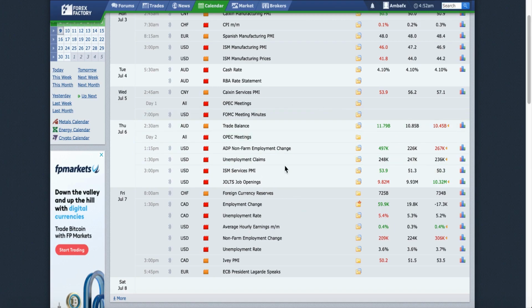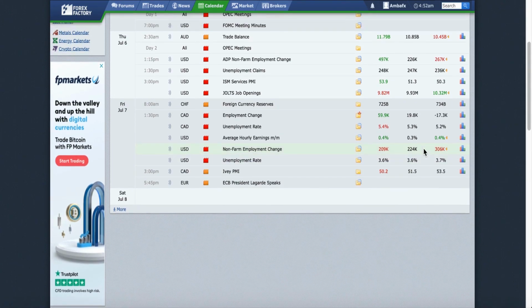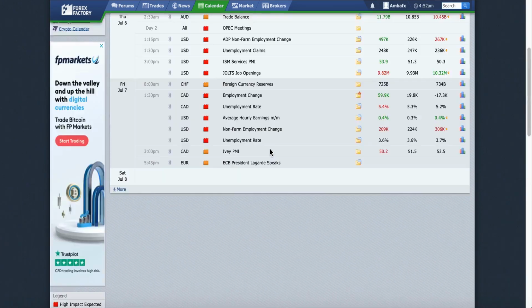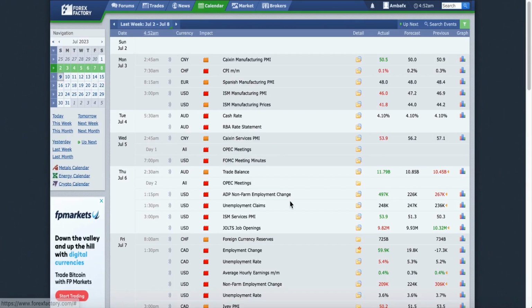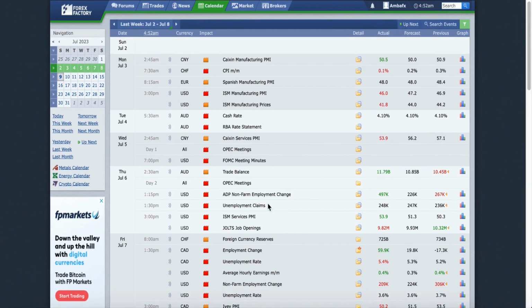The most interesting one happened on Friday. We have the employment change and the unemployment rate out of the United States. So the non-farm employment change came out negative, with the predicted result being 224k, and then we have a disappointing result of 209k, which made the US dollar decline towards the end of last week, and it actually made a massive decline right there. And then let's see how it goes this week. Maybe the US dollar will continue declining, or there will be some rescue for that particular currency.